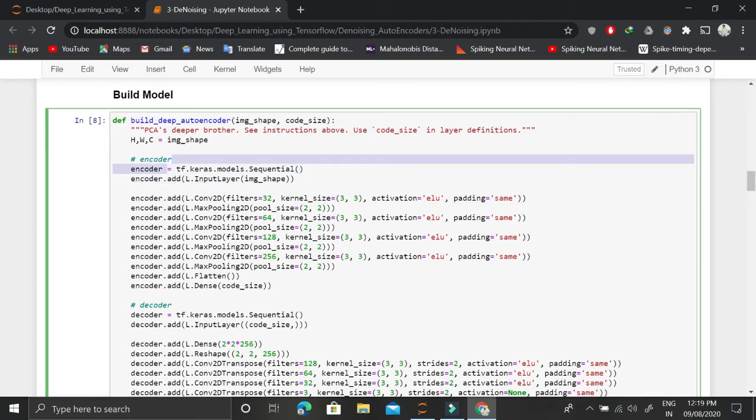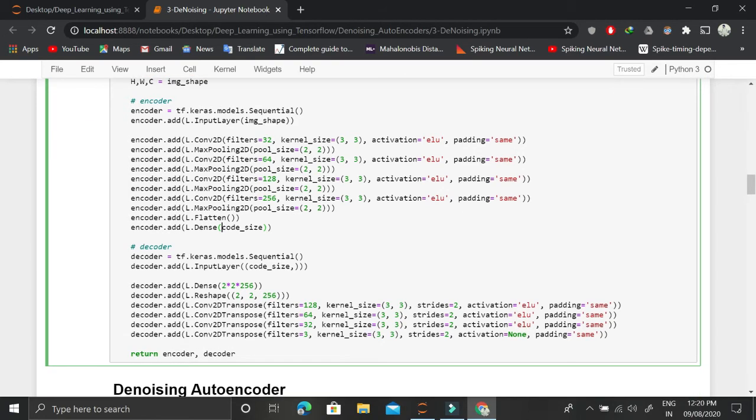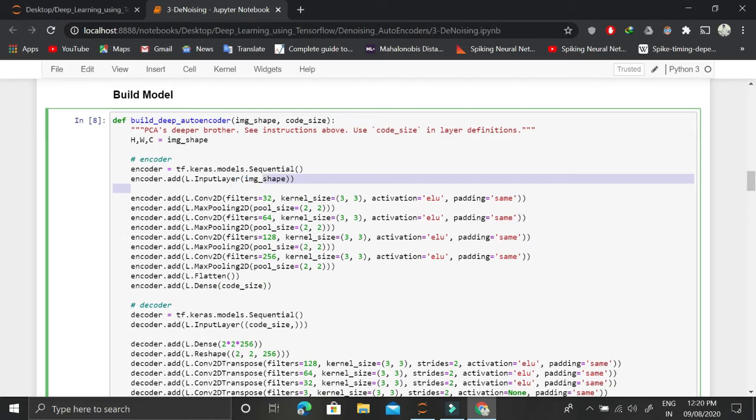In the sequential API, the first layer we add is the input layer, and then we add a convolutional and pooling layer, another convolution and pooling, another convolution and pooling, and another convolution and pooling, and then we flatten it and encode it into the code size. This code size is the reduced dimension that we want, so it is kind of a hyperparameter.